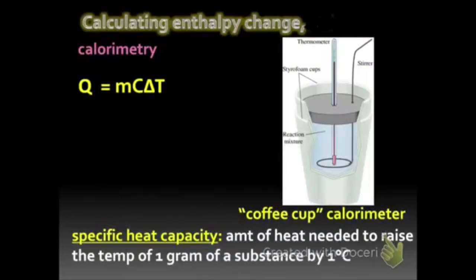So we've been talking a lot about energy in reactions. We can actually figure out how much energy is released or absorbed by objects when we're heating them up and when we're cooling them down. And by doing that, we can use this formula, Q equals MC delta T. So when we break it down, Q is our